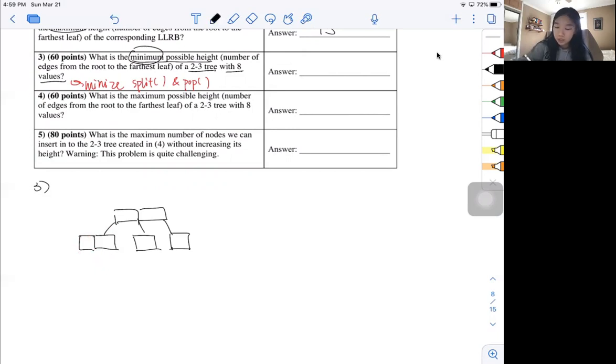So in this case, when we insert the 7th element, we insert it to this node where we don't really need to split yet because there was originally just one item in that node. And when we insert the 8th element, we want to insert to the other node that only has one item left, so we don't need to increase the height. So for question 3, the minimum possible height we can achieve with 8 values in a B tree will be 1,